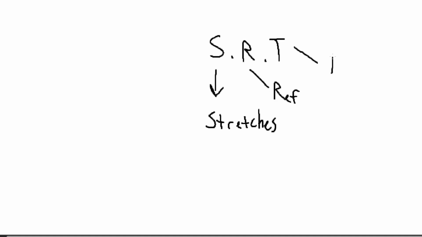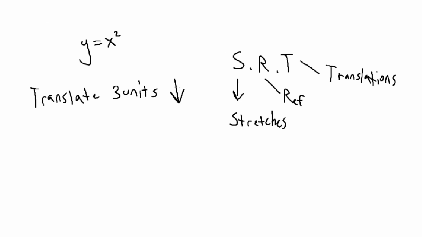So when you're combining transformations, what you gotta know is S, R, T. That's really easy to memorize. And that just means stretches, reflections, and translations. So for example, if we get y equals x squared, and we want to translate it down by 3